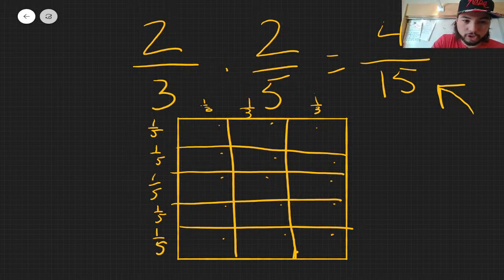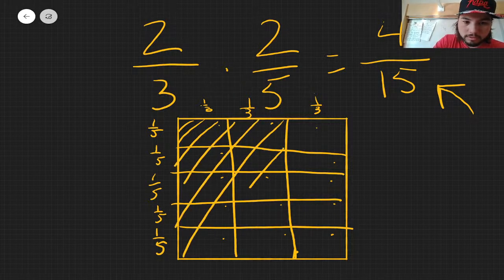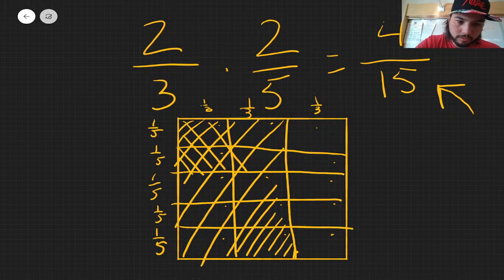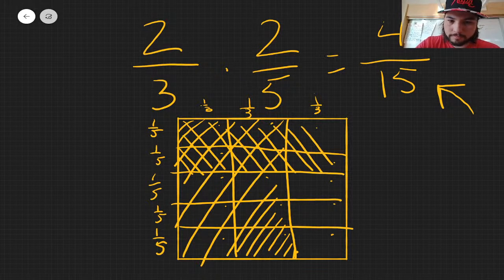So what I'm going to do is shade in 2/3, and I like to use diagonal stripes because I can see them even if I'm using the same color. 2/3, and then I'm going to shade in 2/5 because I'm only focusing on those bits. 2/3 times 2/5. Now, there's a lot shaded in here, but what we want to focus in on